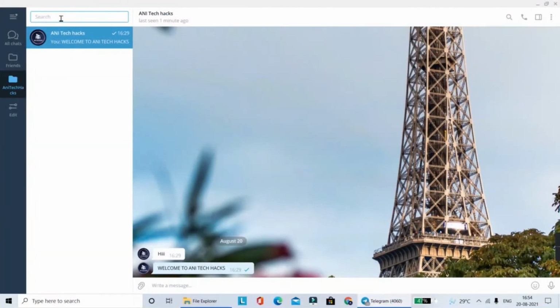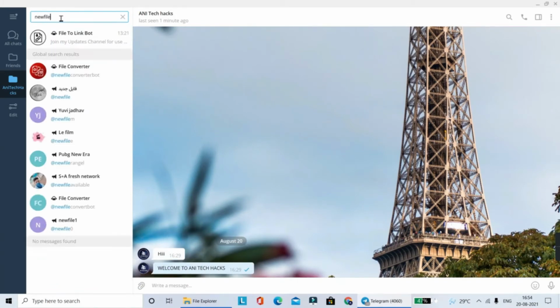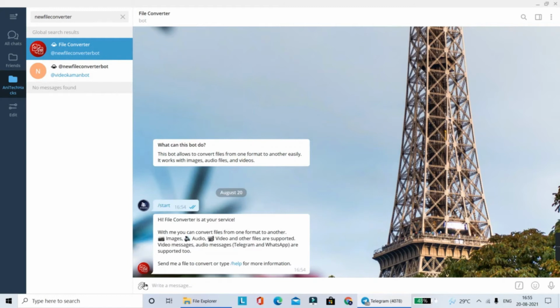Our next bot is New File Converter bot. This Telegram bot is very useful because it can convert files from various types of format to another format. Click on Start. Now upload your file. Let me upload any image file.